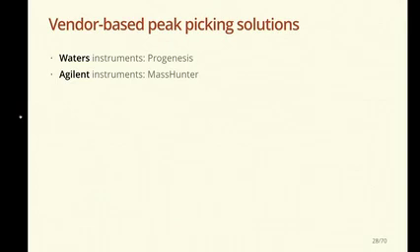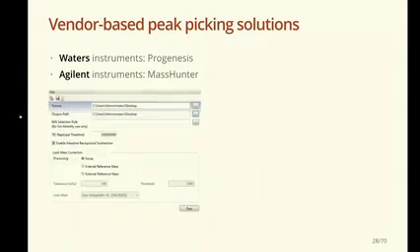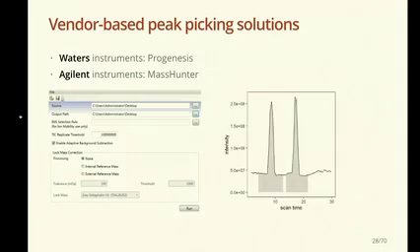So what are then some more advanced peak picking solutions? Let's start with the vendor-based peak picking solutions. I'll just focus on Waters and Agilent here to highlight two. So Waters, which we'll be discussing a bit more in detail, uses Progenesis, and Mass Hunter for Agilent. Just to show very briefly for Progenesis, if you would, for example,